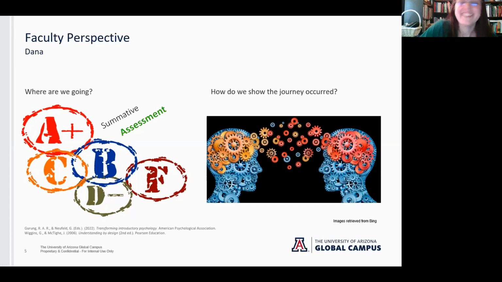Online environment. As Kate described and Natalie elaborated on, backward design is a planning process that consists of three stages: identifying desired results,